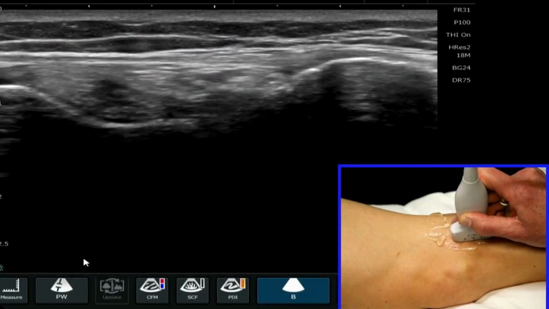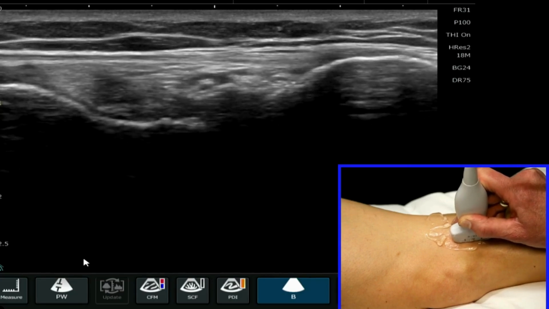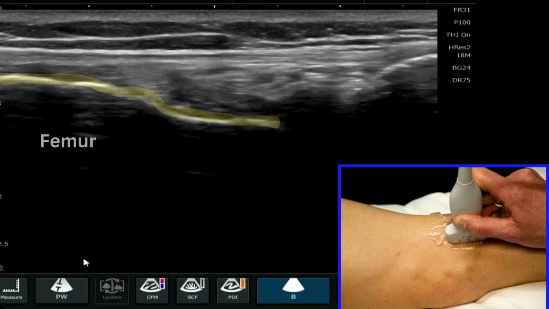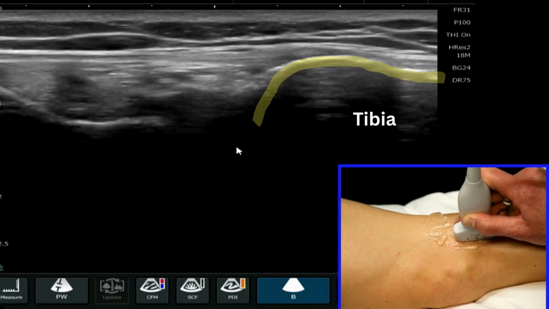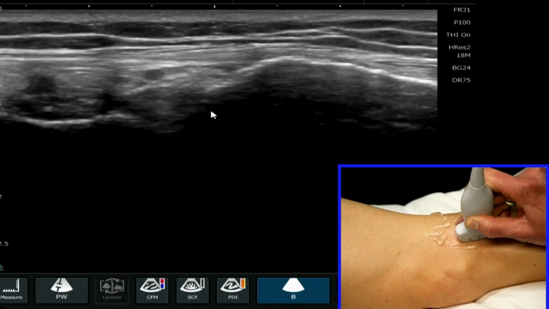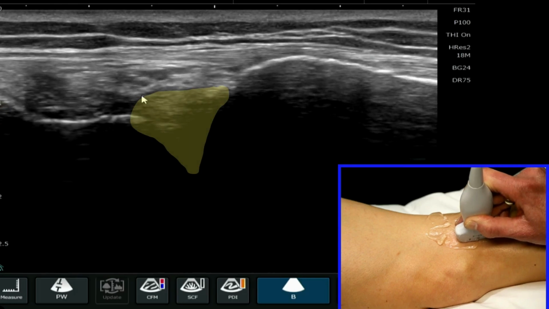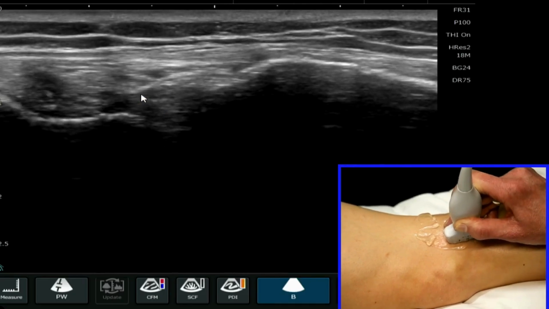Okay, so we're now looking at the lateral joint line. The knee is extended, as you can see, and what we can see is the bony anatomy. We see the femur here, and then we see the tibia going down. What we then have in between here is the lateral meniscus, and we can see the outer contours